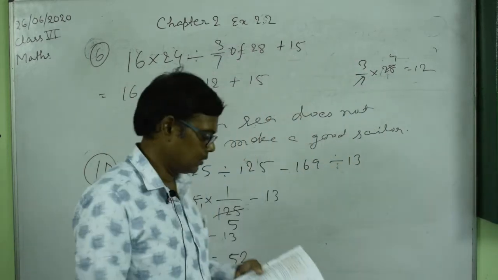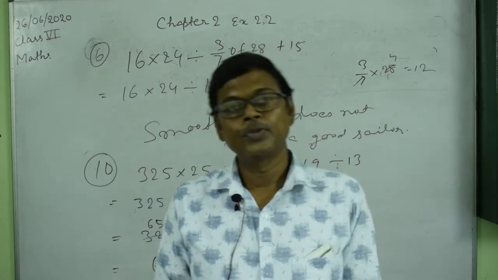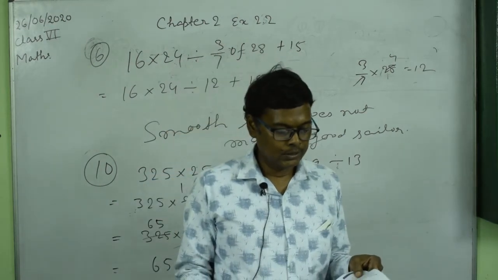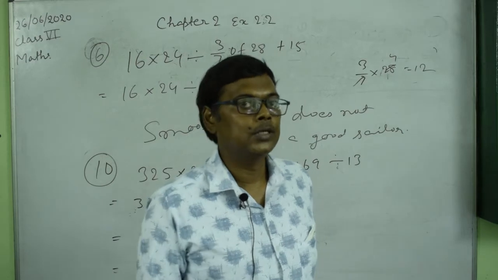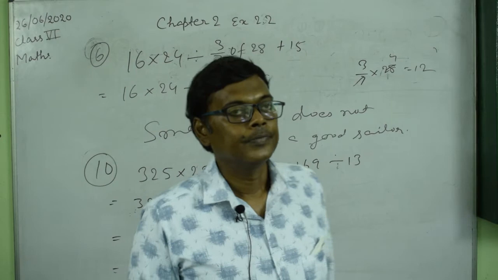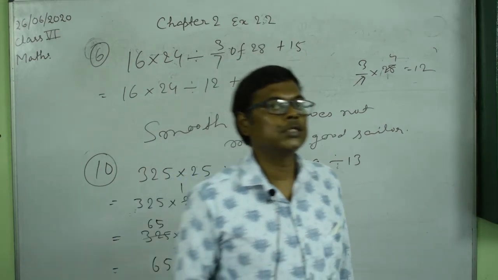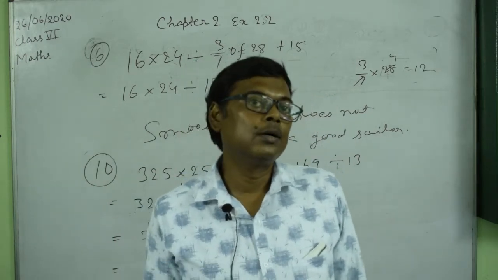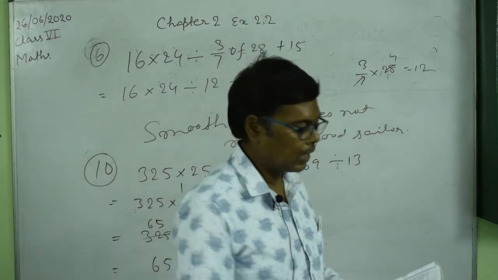So the next question is, now I will start exercise 2.3. And in this exercise again we will extend the operations here. Okay, here we will also include the brackets. We have the operations like of operation, then division, multiplication, then addition, subtraction, and here also we will include the brackets. Okay, so first we will see how many types of brackets there are.